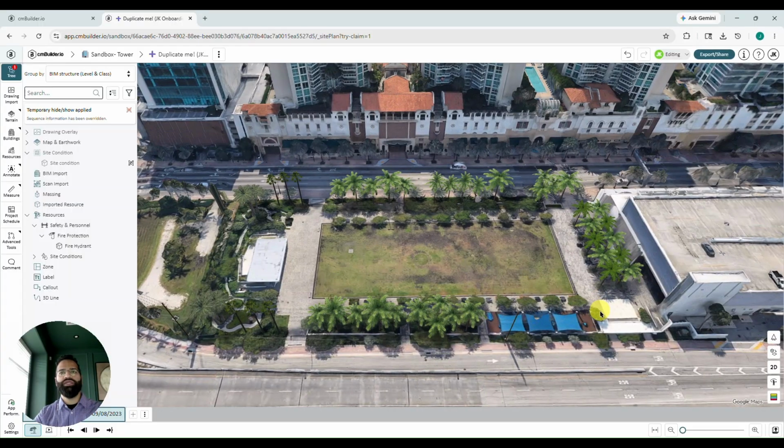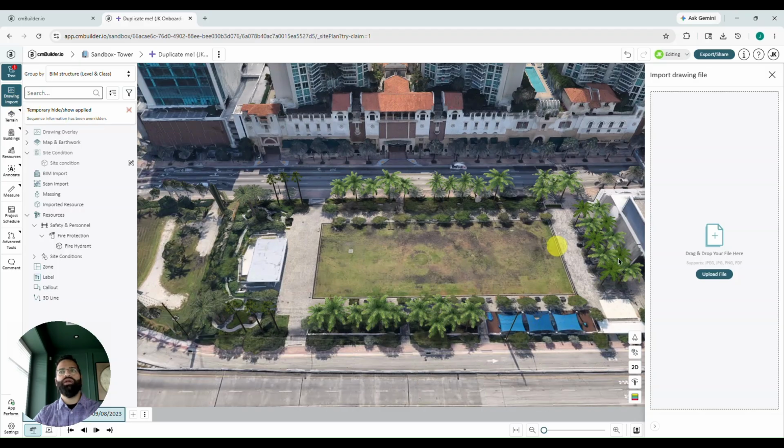The next thing we're going to do is import a drawing. We're going to head over to the left side of the screen and click on Drawing Import. It's going to pop open a side sheet here. And within this side sheet, you can drag and drop your project drawings. We accept drawings in PDF format. We also accept images. We recommend you upload a PNG, but we accept JPEGs as well. So go ahead and drag and drop your PDF into this box, or click on Upload File to select it